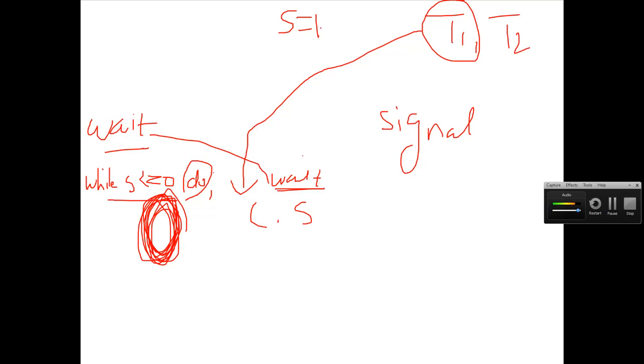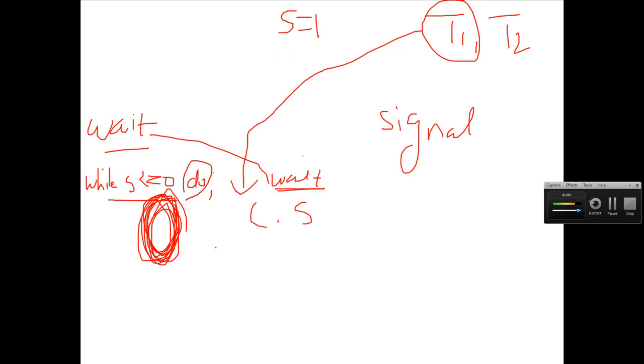But in this case, please understand, the value is not 0, the value is 1 initially. The wait method would be in the while loop only when the value is less than or equal to 0. However, at the initial level the s value is 1 while T1 is calling the wait method.